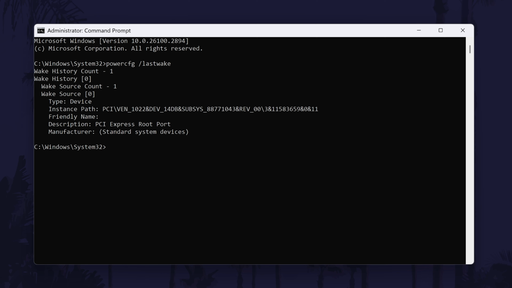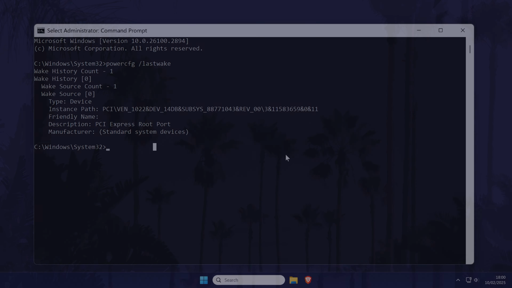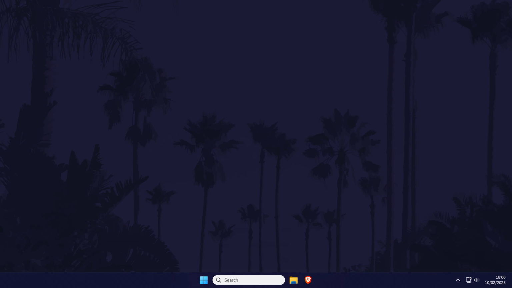You'll most likely see one of two causes, either something related to devices, where it might say PCI Express, or timers, where it might say hard disk volume. If it mentions timers, you can skip ahead using the video chapters to the section where we'll cover how to disable wake timers. If the cause is a device, or if it said PCI Express, here's how to stop it from waking your PC. Before making any changes, it's worth noting what you adjust, just in case you need to